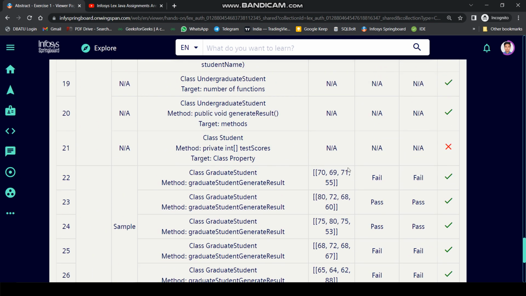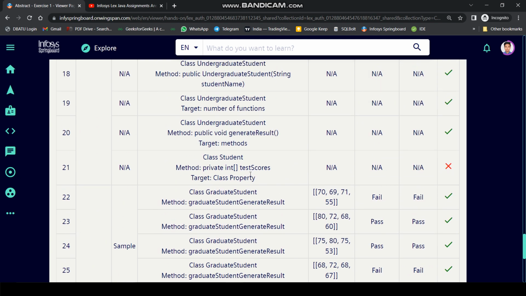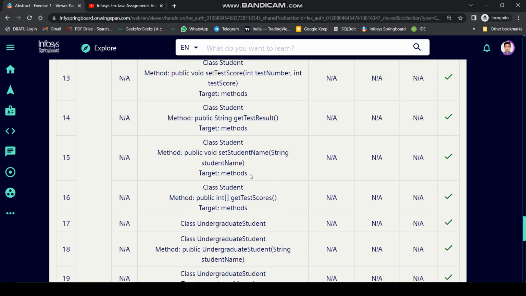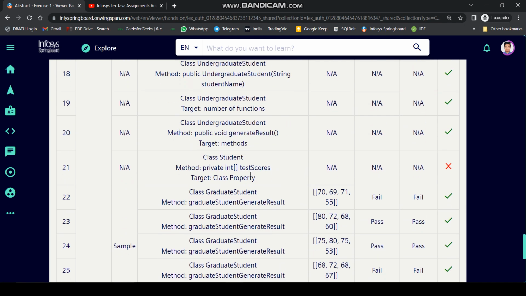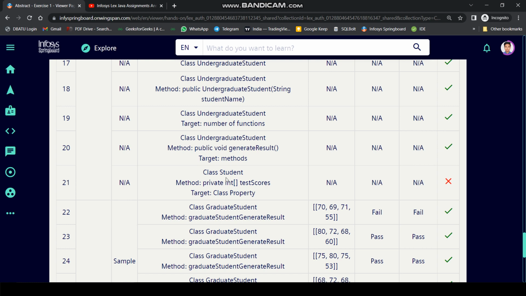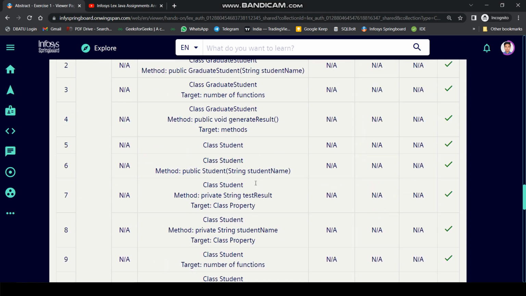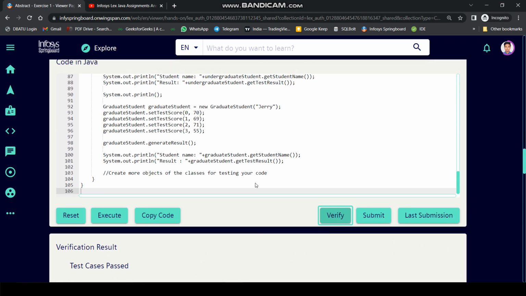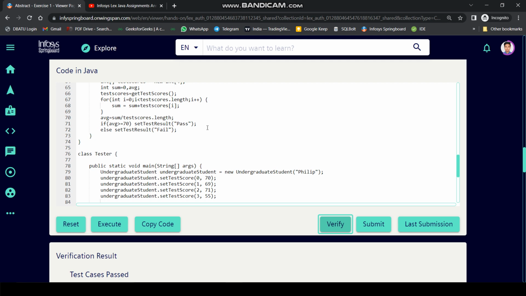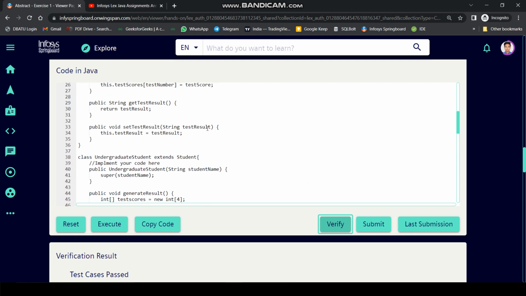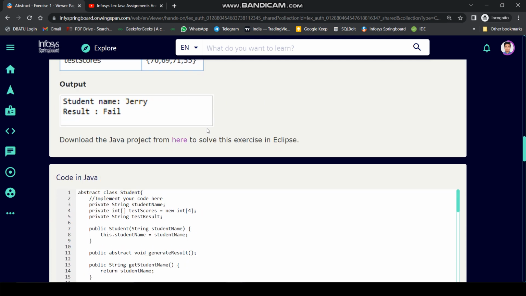In the verification, we can see only one test case is failed. So let's check what we did wrong here. It's showing that there is a problem in test scores array declaration, but I don't think there is any wrong step. But we can try other method to initialize this variable. So now we will initialize it in the constructor.